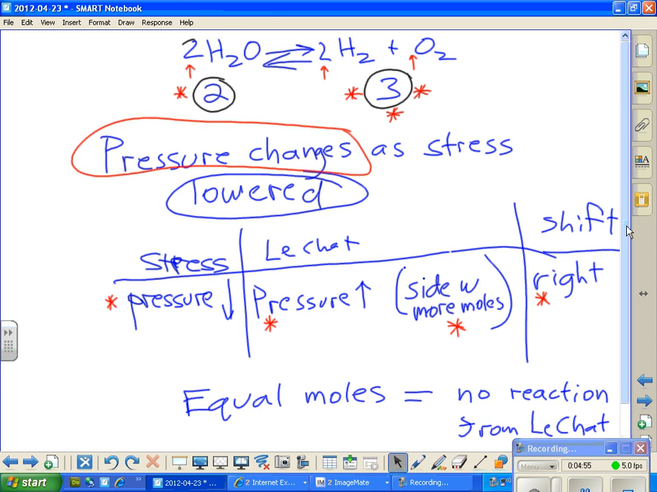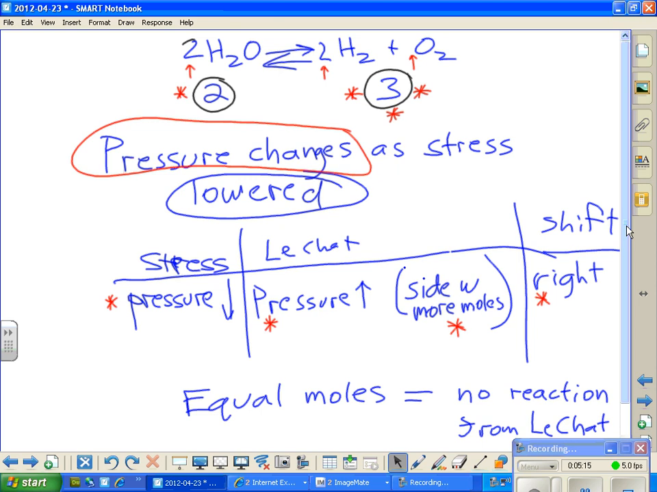Le Chatelier wants it to go down. And the equation at the top, down, is going to be to the left side, because there are 2 moles on the left and 3 moles on the right. Okay? So the hydrogen is